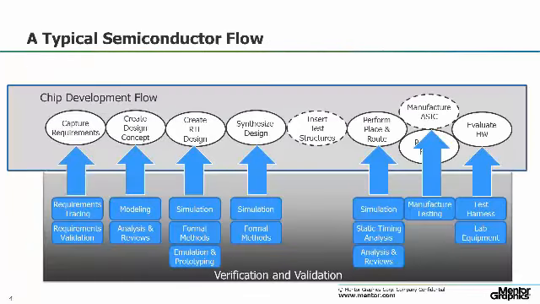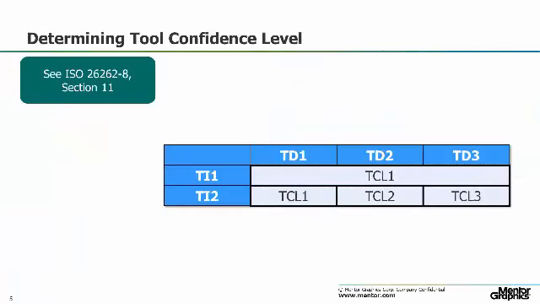As I mentioned, the typical development for a semiconductor is complex. So all of the various steps and the various tools that support the overall design process, each one of those tools needs to be looked at and qualified, and the confidence level for the use of that tool needs to be justified. So what do we mean when we talk about confidence level? So this is defined in the standard,